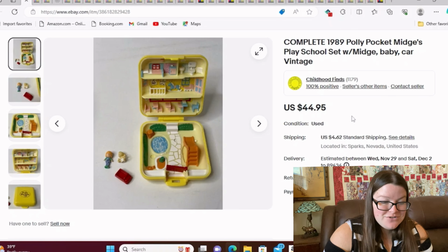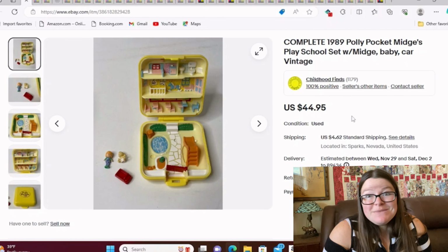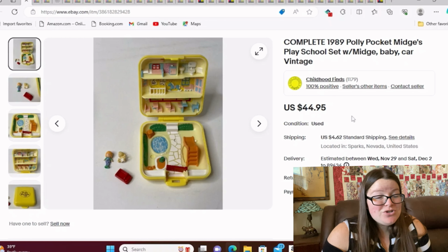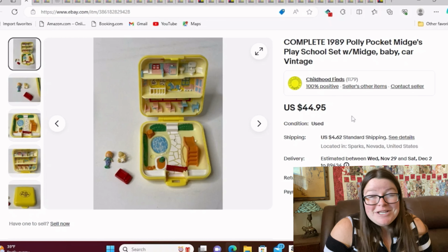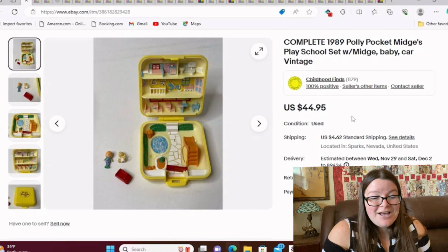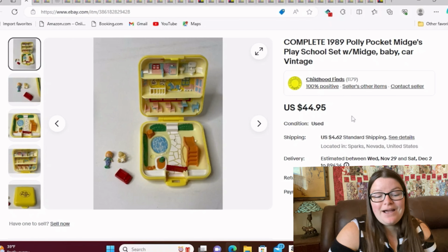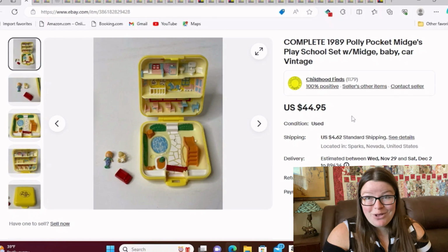We are going to start here with this one that I actually sold for $45. And know that there are some compacts that complete sell for 30 to 50, and there are some that sell for hundreds. So you can make quite a bit of money if you still have a collection, or if you find a collection. I've sold some for good money. I didn't have any of the super rare ones, but I definitely made good money off of these Polly Pockets,